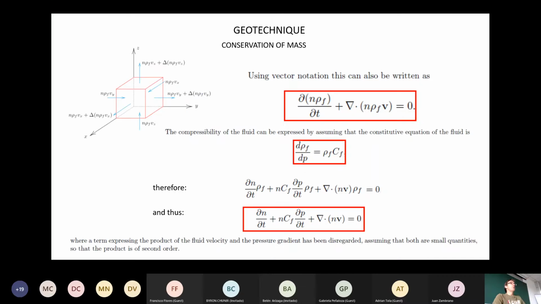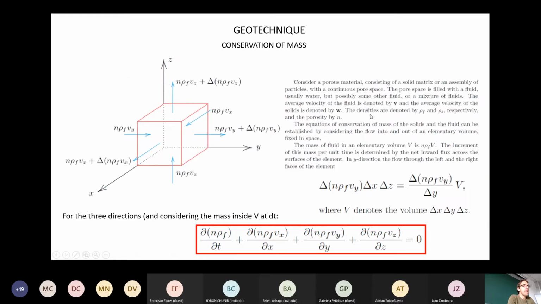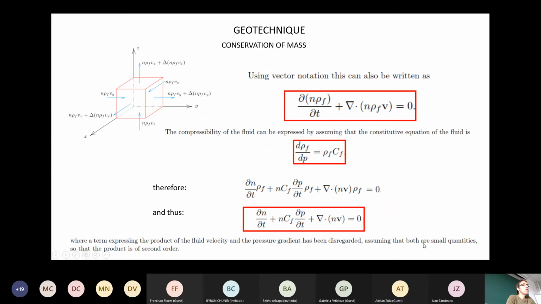Okay, so we can rewrite this formula with the gradient. I don't know the word in Spanish. This is the gradient. It means this symbol is the same as the sum of these. And at this point,